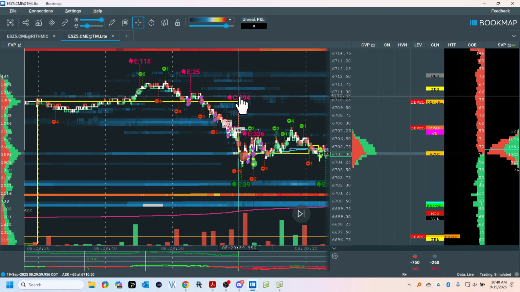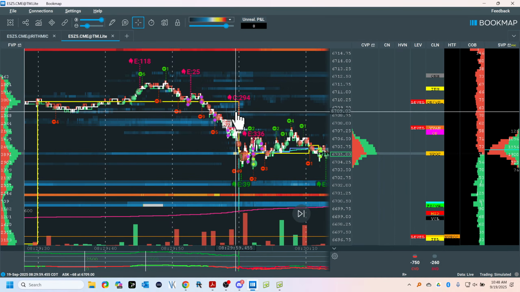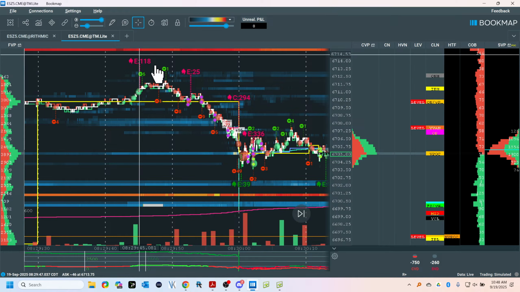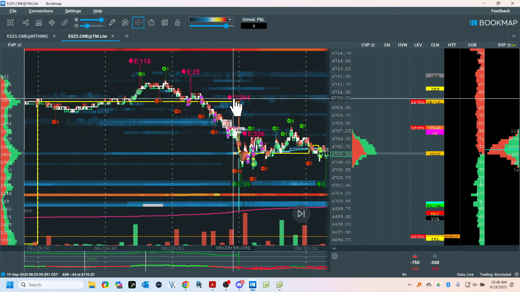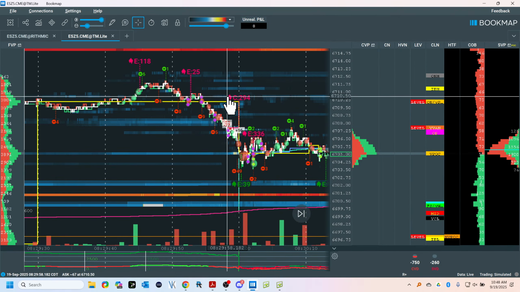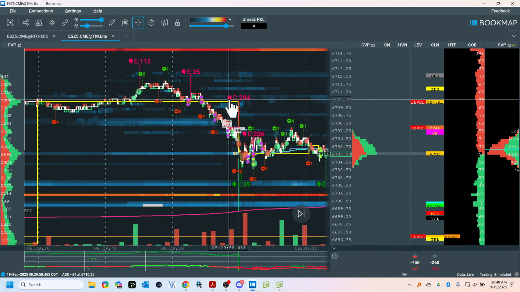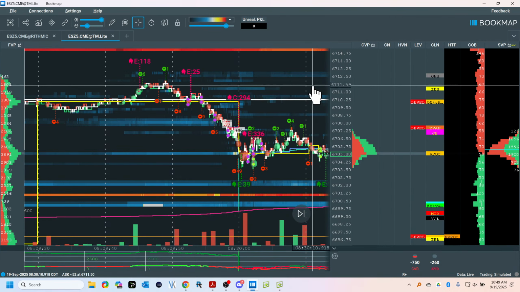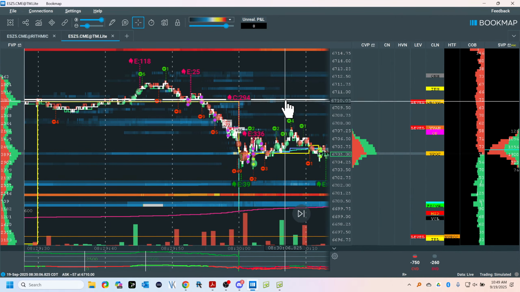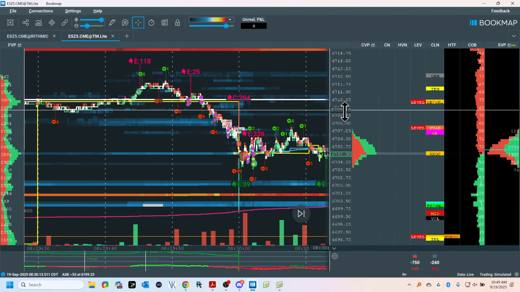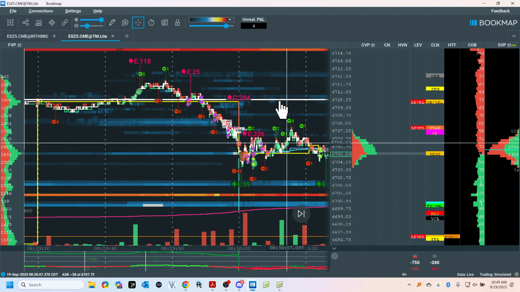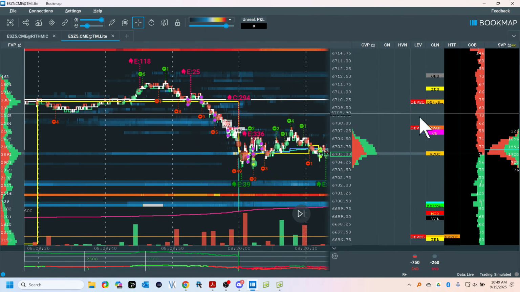This is how order flow can help you. 67.10 is kind of like where the sellers, the icebergs, were. So we want to remember 67.10. I'm going to throw a little line in here just so we have it. Okay? 67.10, well, ish. Don't hold me to it. It's close. 10-ish.